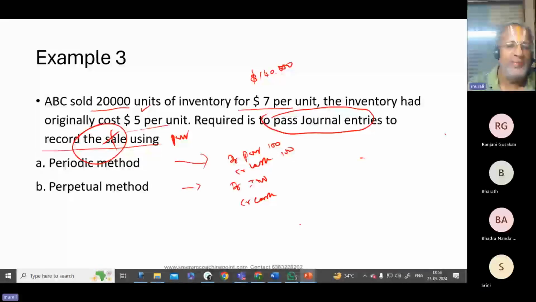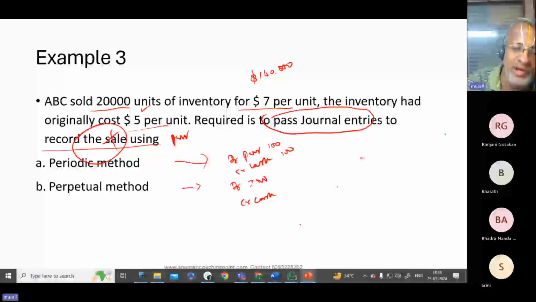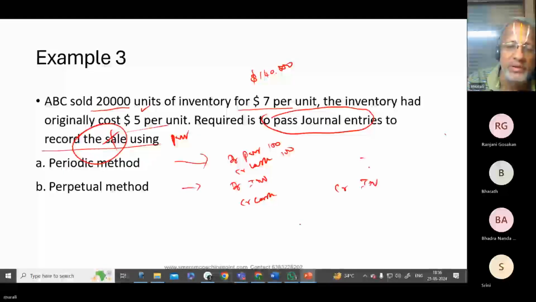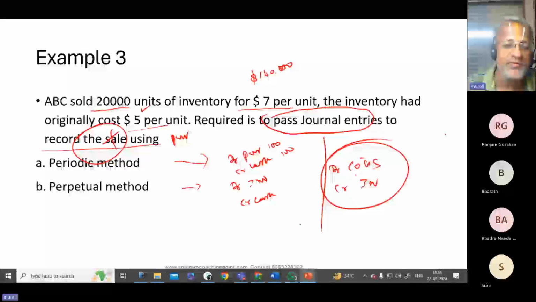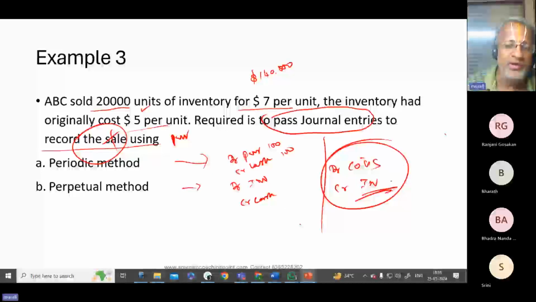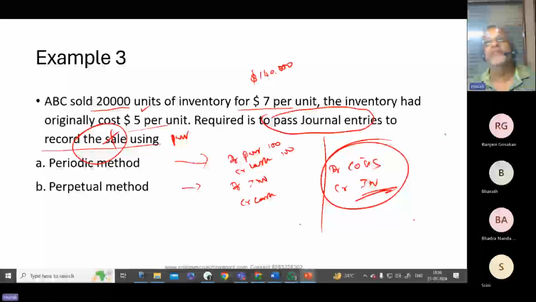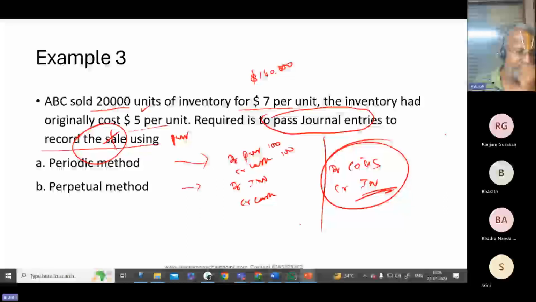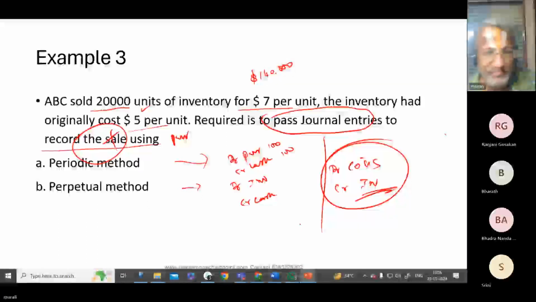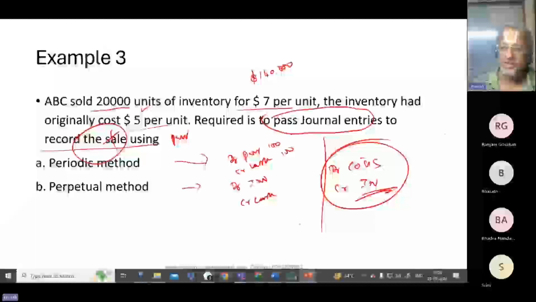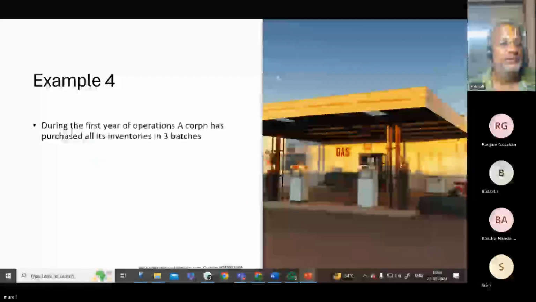That's it. That being the reason why inventory is credited when a sale is made and debit is given to cost of goods sold. Remember that when we passed a journal entry under the perpetual method, this was the scheme of journal entry. So when I am giving credit to inventory, I should have debited it at the time of purchases. Therefore, what method of accounting they follow will decide what journal entry and what account heads you have to use. Shall we proceed to the next one?